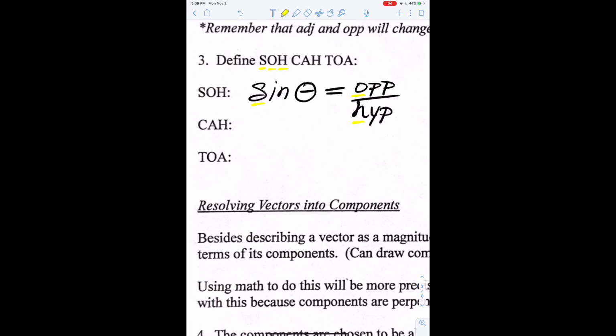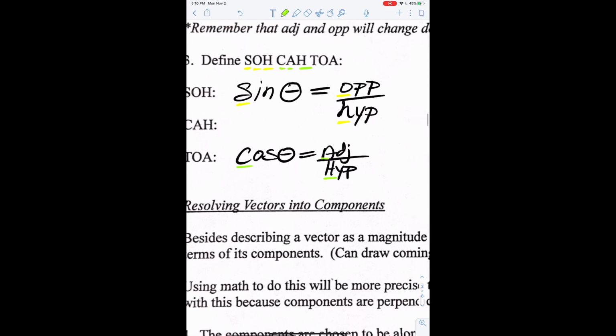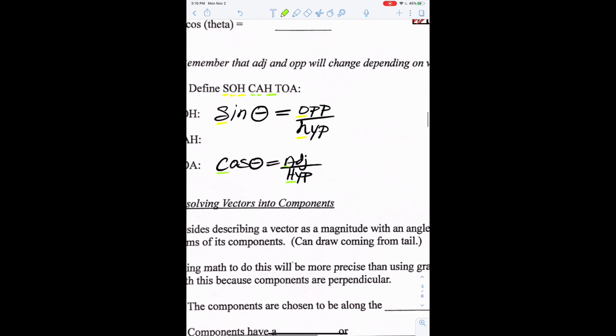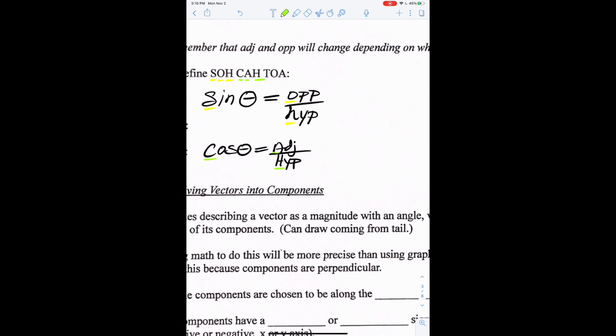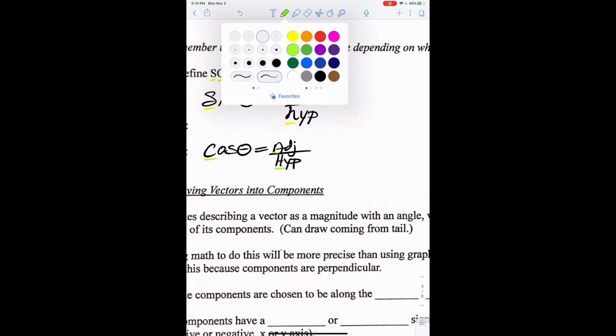All right, by that same logic then, CAH is telling me a different formula, and that's going to be that cosine of theta is equal to the adjacent over the hypotenuse. And you can see CAH, the same exact order. So SOH is not just something cool to remember, it's something cool to remember to help you remember other cool things. And so let's do the last one,